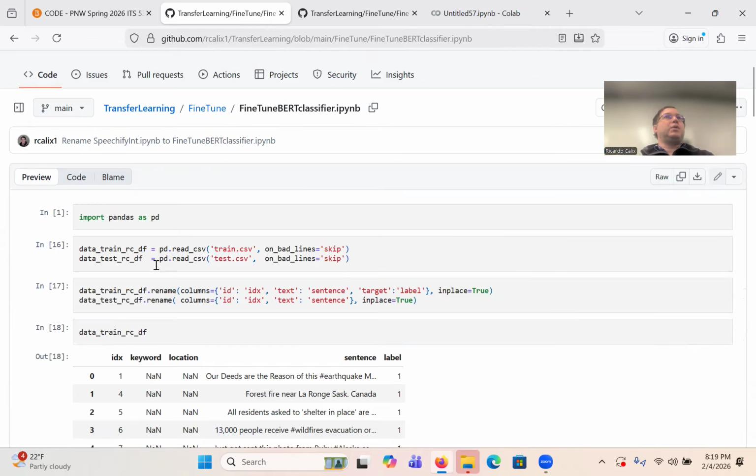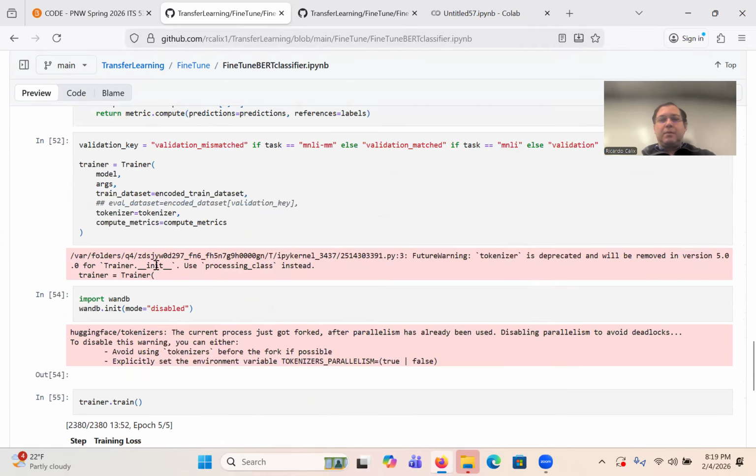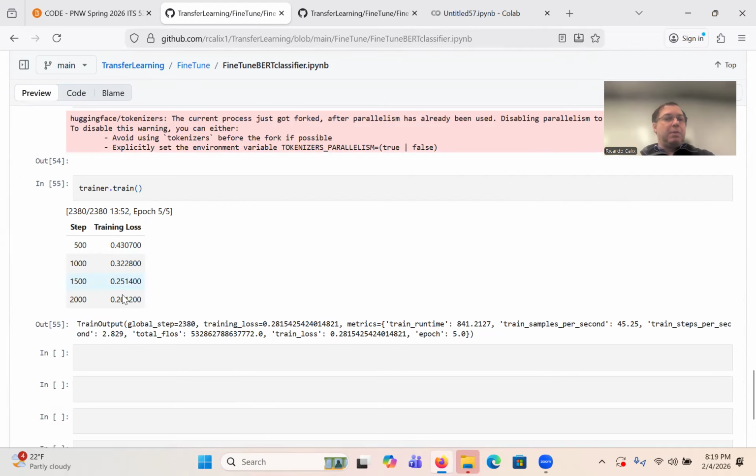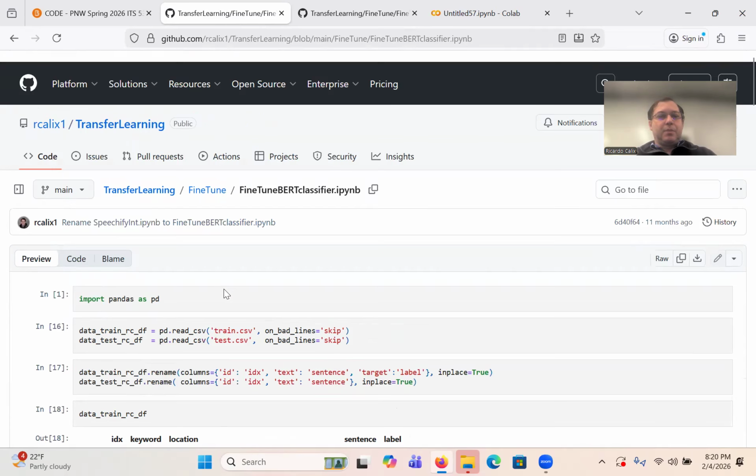All right, let's start sort of with the end. The end is we train the model, and the loss goes down. In my code, I do have the inference part, so I'll be able to give it some text and it'll assign a class. We'll take a look at that in a second. But this is the example.